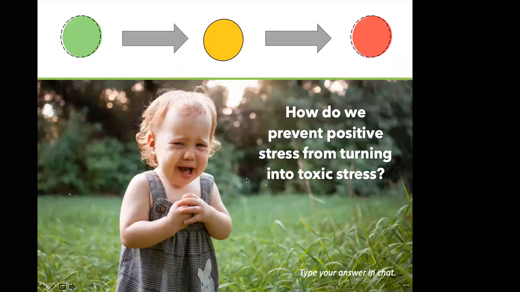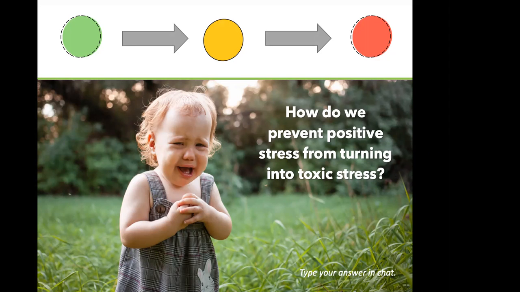So when we think about the 3 variables in these levels of stress between all of these events, the differences are in frequency, duration, and support available. Is it predictable? Do I have time to recover and turn off my fight or flight response? That's how we mitigate the effects of toxic stress.